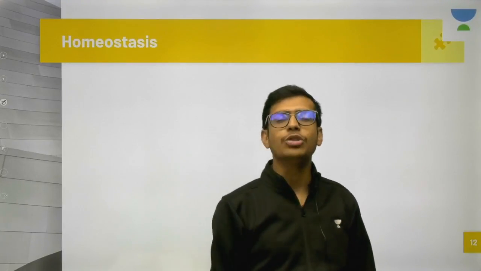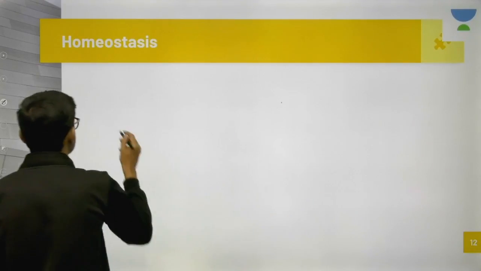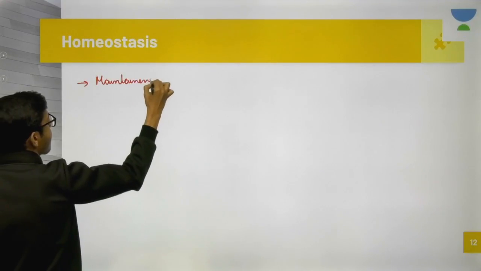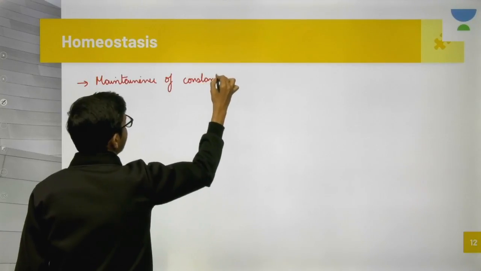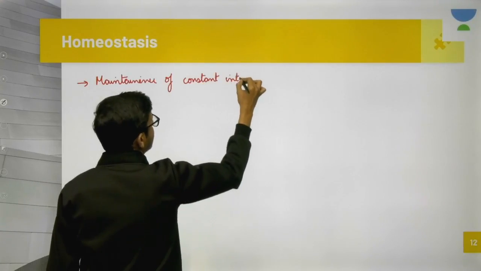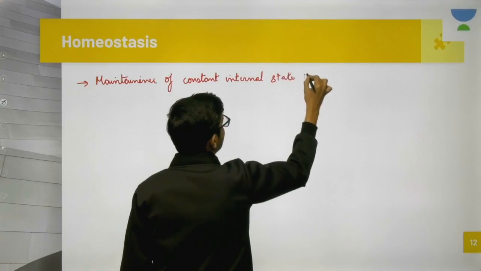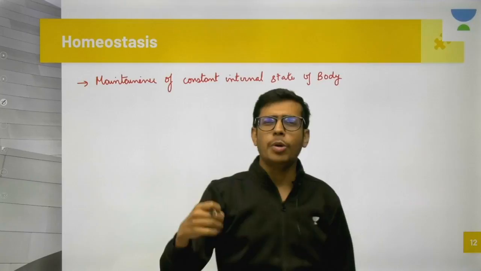What actually is homeostasis? So homeostasis is nothing. It is just maintaining the state of your body, a constant state of internal environment. That is the characteristic feature of warm-blooded animals, right? You remember? So it is the maintenance of constant internal state of body. Everything at a constant optimum level, be it the amount of oxygen in your body, be it